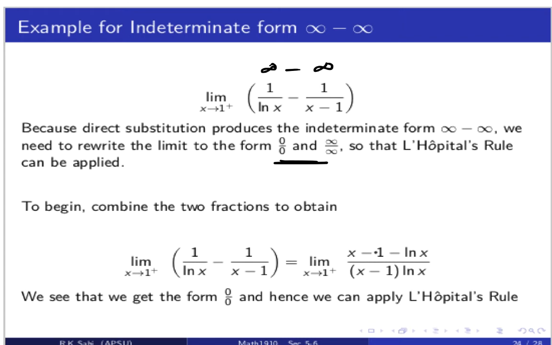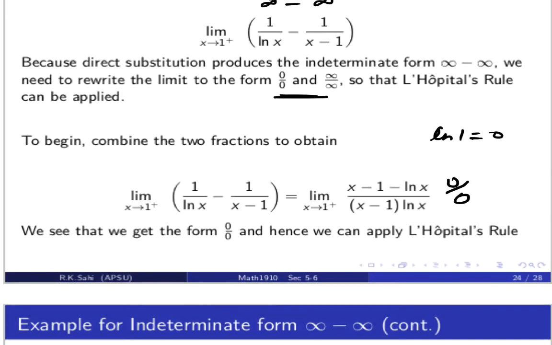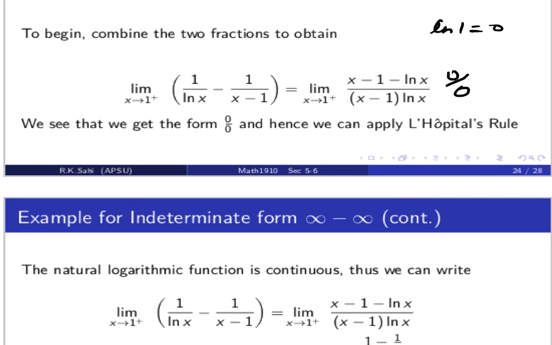Now let's go ahead and substitute 1. So it's 1 minus 1 minus natural log of 1. Remember, natural log of 1, guys, please keep in mind, is 0. So 1 minus 1 minus 0, so it's a 0. And clearly, the denominator is also 0. So we have a 0 by 0 form. So we can definitely apply the, now over here, because it's 0 by 0, we can apply our,